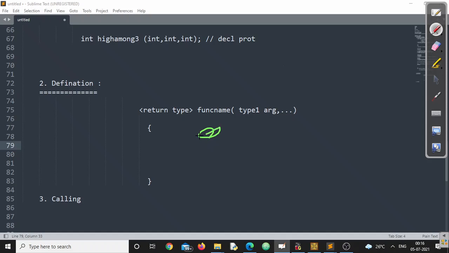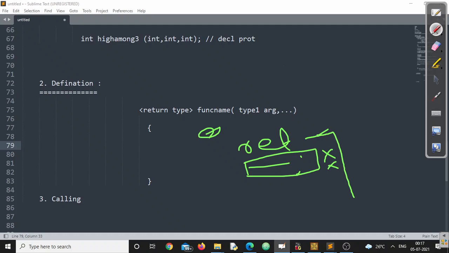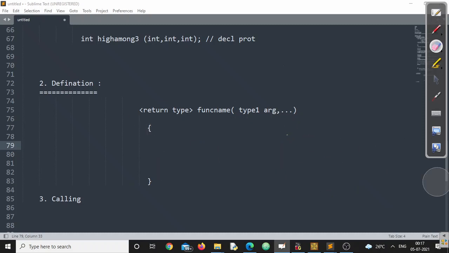And in a function, if you are writing any statement after the return statement, remember, this particular statement is never going to execute, because once the return statement is there, it will come out of the function and take you to the function where it is called. So this statement will never be executed. Make sure you understand everything about this one.